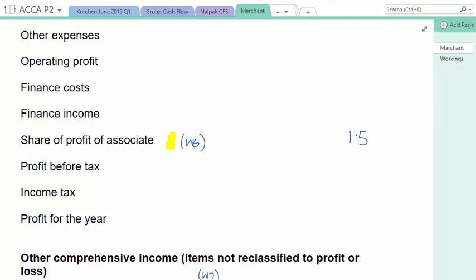No impairment adjustment is required. No entries have been made in the financial statement. So we've dealt with note 3. Note 4, we've got intragroup sales